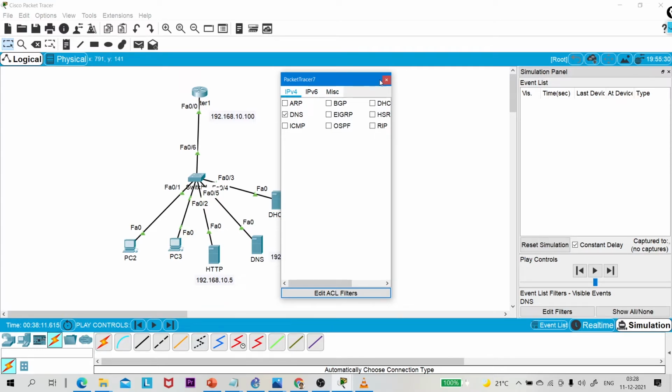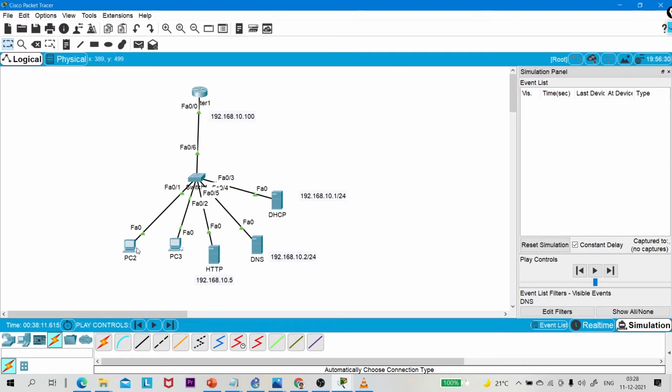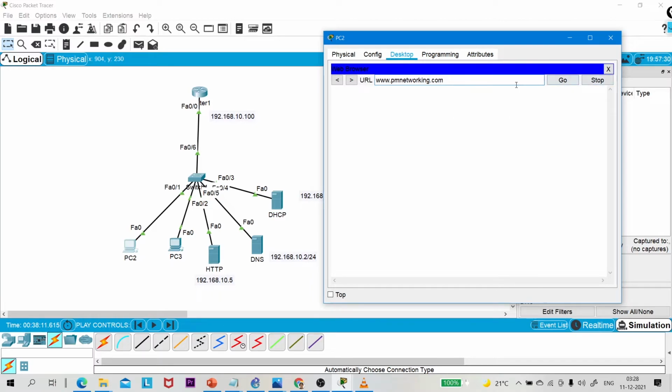Which packet? The DNS packet, right? Now hit enter. So which type of packet is this? This is a DNS packet, right?